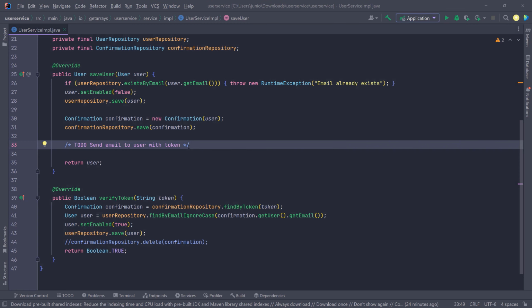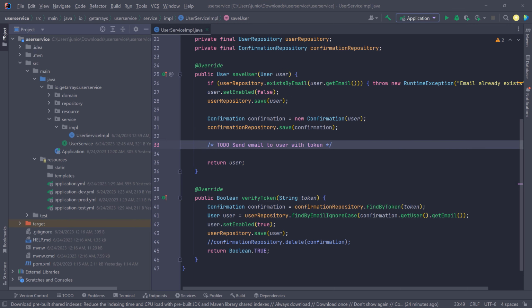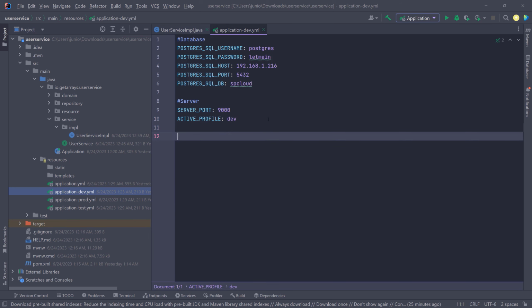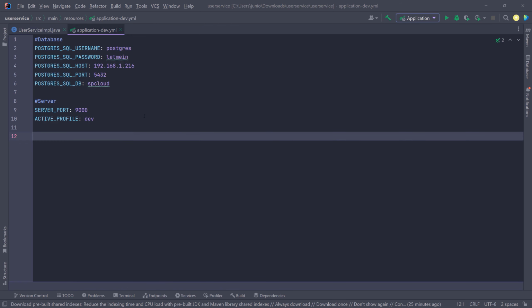And then now what we're going to do is go to our configuration. So we're going to go to the dev configuration, and then we're going to put the values that we need to pass in for the email server. And then we're going to plug these values in inside of the main application property file, which is the application.yaml. So let's go ahead and do that right now. So I'm going to get down here and let me close this. And what we want to do is, I'm going to add, let's say, email